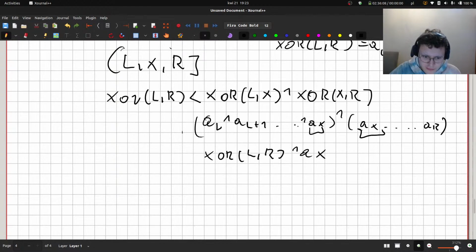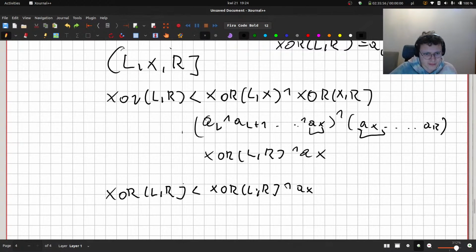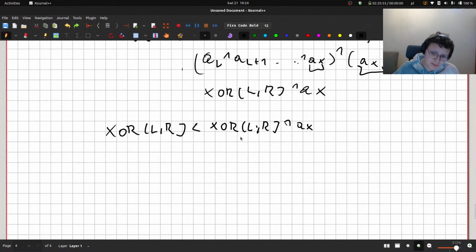Now we want to think of when the XOR of all numbers from L to R is smaller than the XOR of all numbers from L to R but without the number AX. I can prove to you that it only appears when